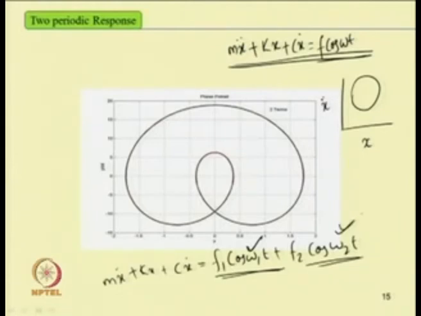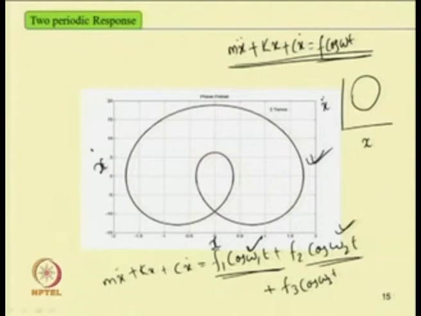If one plots this phase portrait, that is x versus x dot, one can obtain two loops. By plotting this phase portrait, one can know whether the response is two periodic or has a single period. Similarly, by adding more forcing frequency terms, that is f 3 cos omega 3 t,